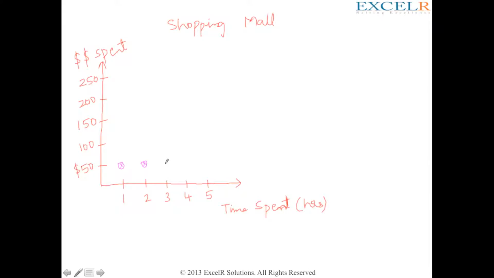Third hour, probably they'll be spending time checking out the latest gadgets but not purchasing those. If they spend 4 hours in a shopping mall, probably in the fourth hour they'll be checking out who is entering the shopping mall, who is beautiful and who is not, and things on those lines. And fifth hour, since they have no other work, probably they get bored at home, so they just sit, relax in the shopping mall. So if you see this kind of a trend, we can straight away say that